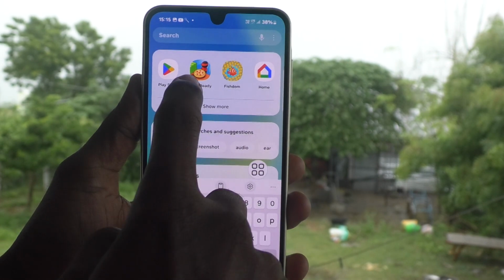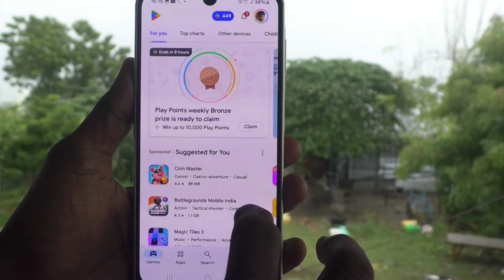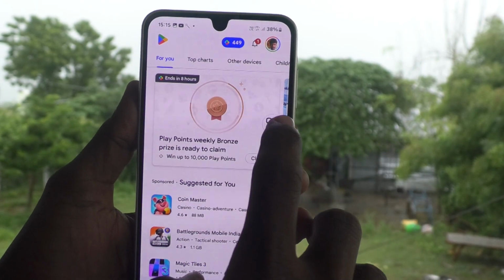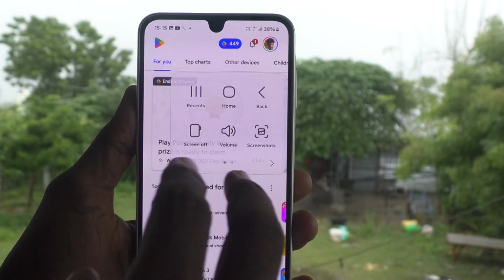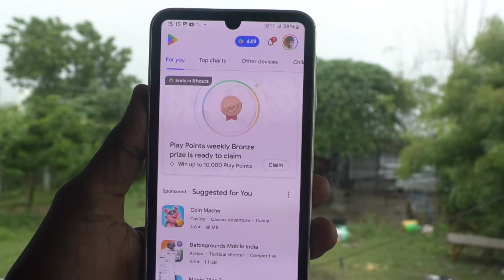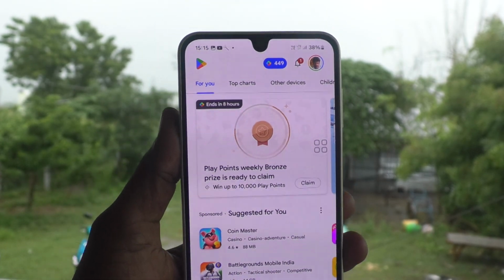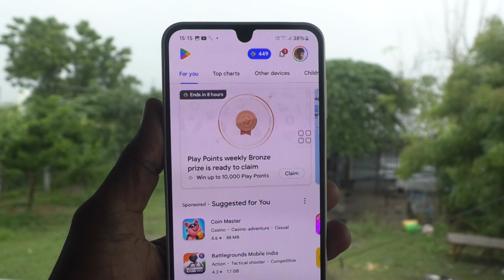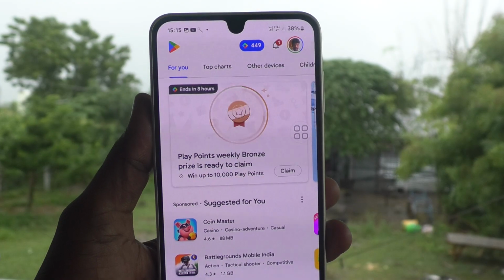As usual, go to the screen for which you would like to take a screenshot. I would like to take a screenshot from this Play Store page. So click on assistant menu icon here, and it will always be floating over the screen. So here click on screenshot. So this is somewhat very easy method. So enable it, and you can easily take screenshot at any time using accessibility assistant menu option in your phone